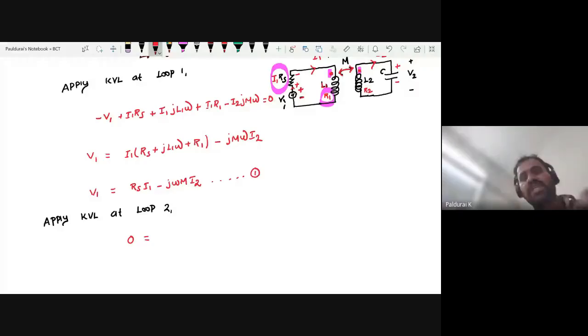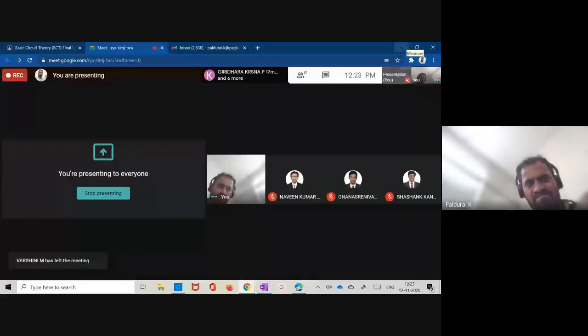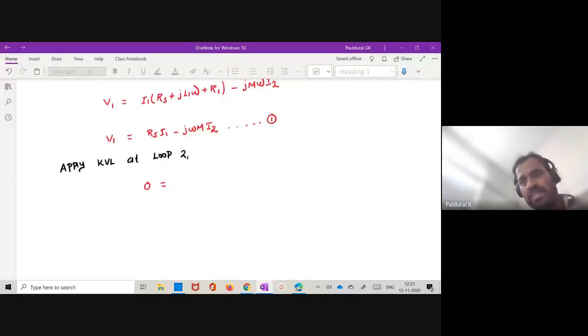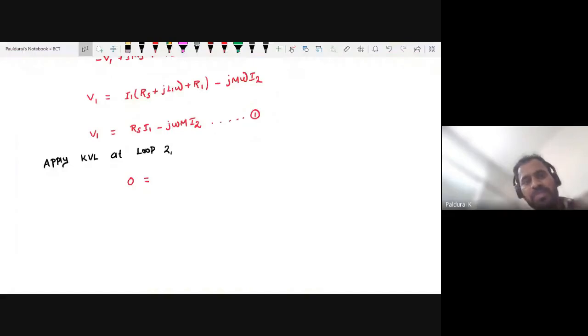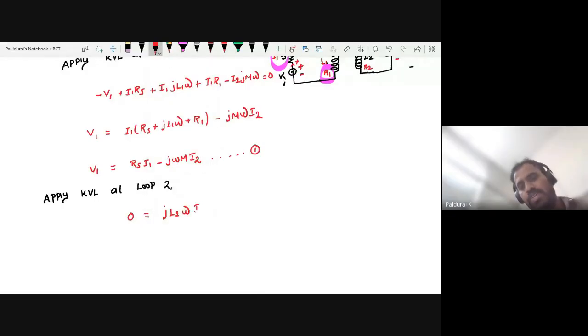What is the voltage drop across L2? Are you there? Are you listening? Put on signature, that's what delay. So what is the voltage drop across L2? That is j L2 omega times I2. V equals I times R, where I is I2, plus internal resistance R2, so R2 times I2, plus